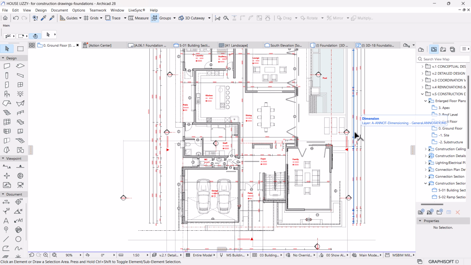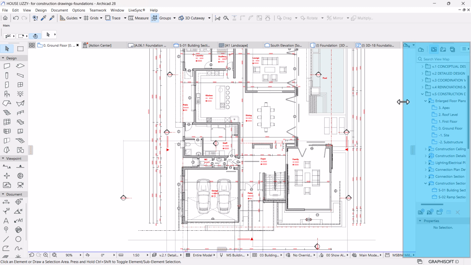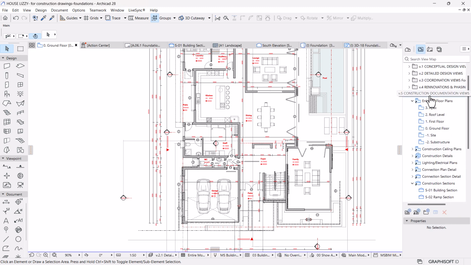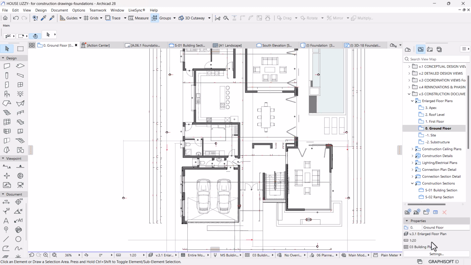In the previous video we shared the foundation layout and its details. So in this one, we're going to go through the development of the floor plans. I'm going to go down here under the construction document folder and open the ground floor. This is where we'll be working. If you look at the properties of this view, the scale is 1:20 because we are blowing it up